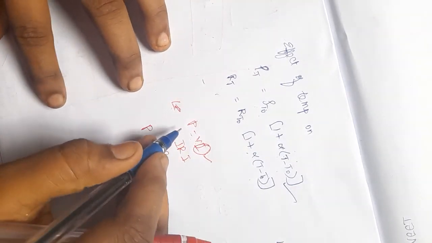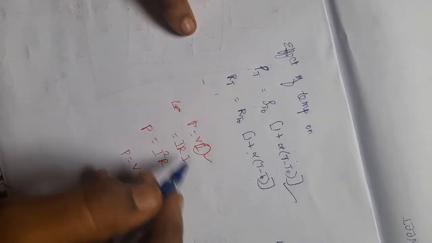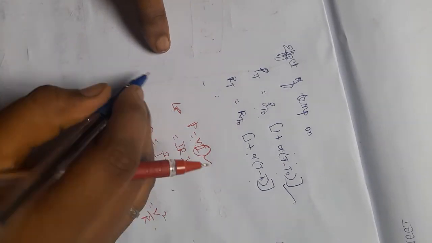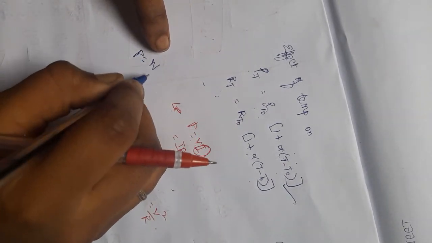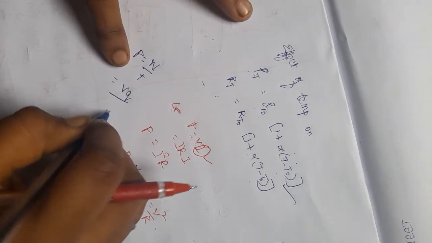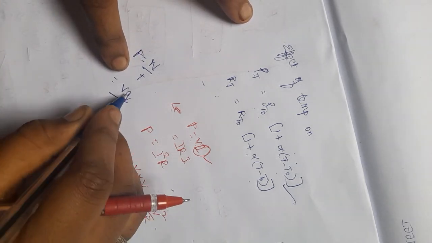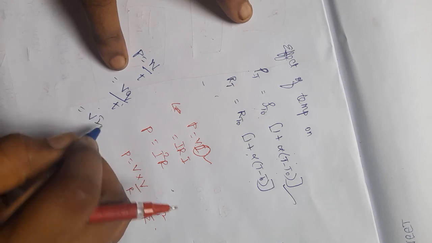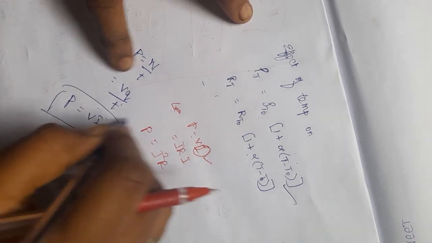So here I want to tell you how this formula arises. Generally, we know that power is nothing but work done upon time. For work done, I told you already that we can use VQ, upon T, and this Q upon T is nothing but I. Okay, so this is how this formula comes.